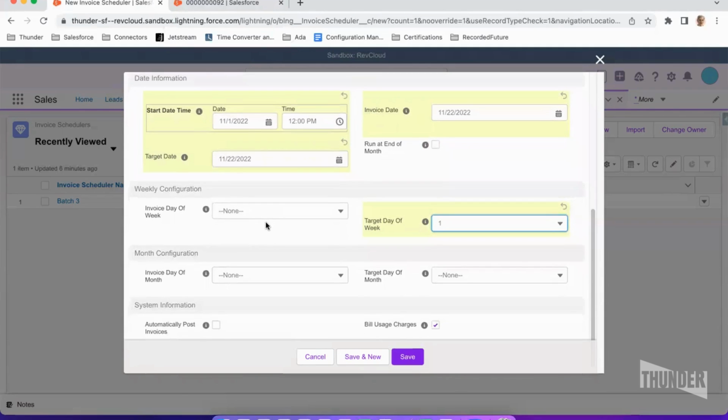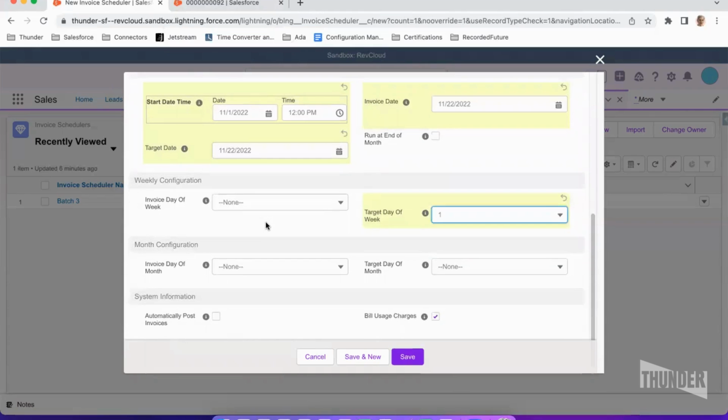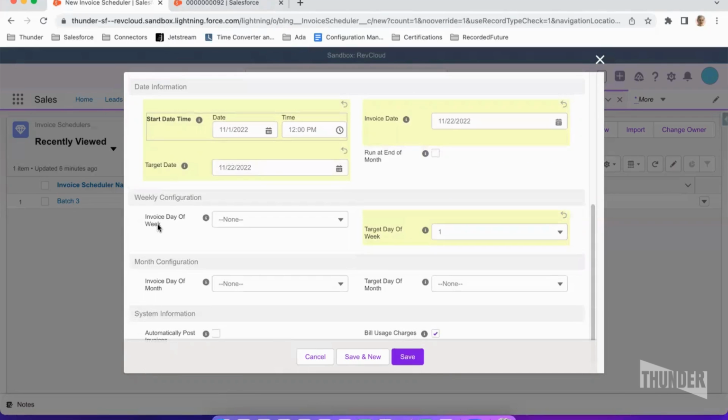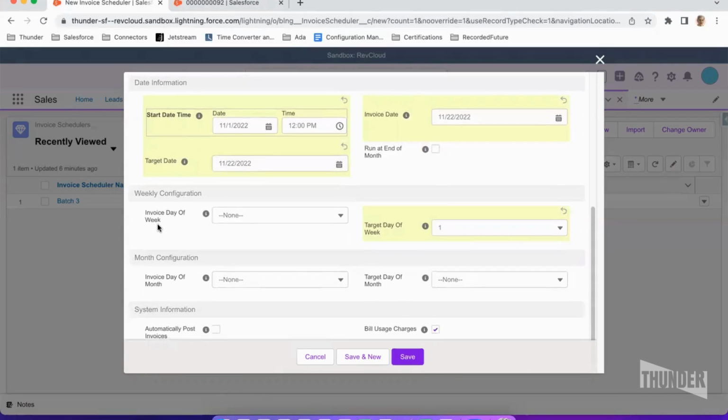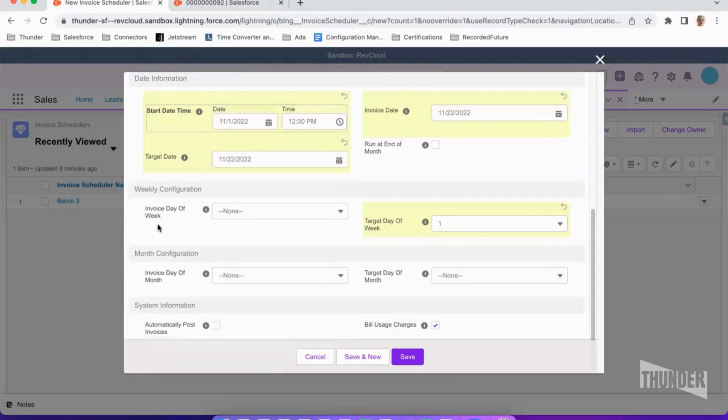It's the same idea with month configurations. I understand this is a little confusing on this layout. This field is analogous to this one. So for the most part, you can set that up. Most clients set it up to run on a daily basis, because if you have order products that are out there and eligible to be invoiced, Invoice Scheduler won't pick them up until the next billing date matches